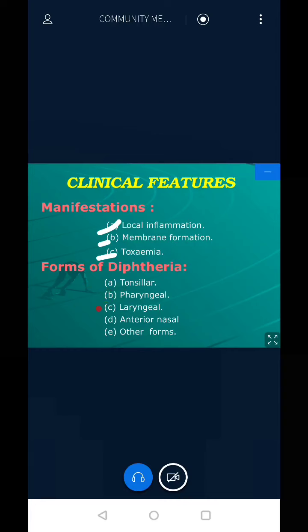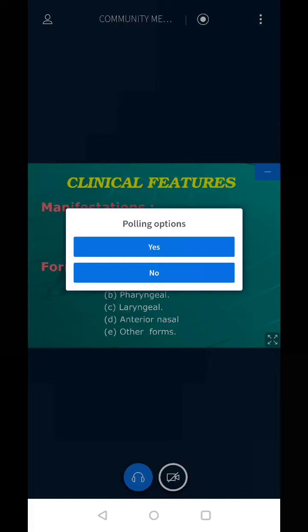In the meanwhile, sometimes, to be more interactive, we have different forms of diphtheria. Just a minute. Get into the system. Okay, there was some disturbance, right? Yeah, so now, going ahead, the teacher may ask: there are forms of diphtheria, tonsillar, pharyngeal, laryngeal. Which is the most common? Okay, so you can tell. Let me ask.